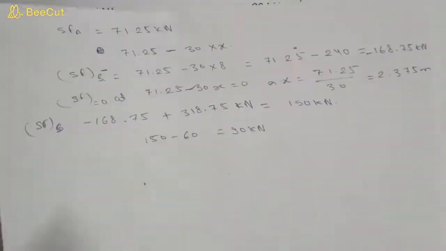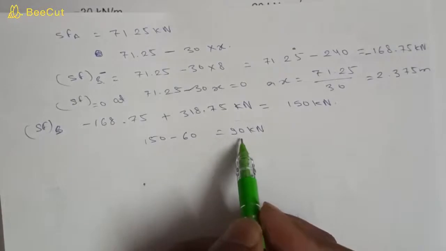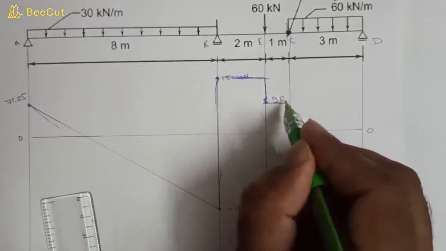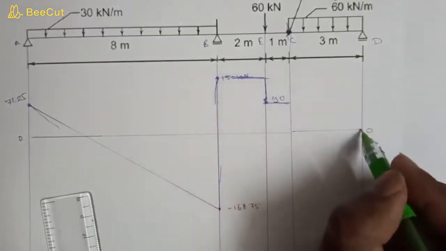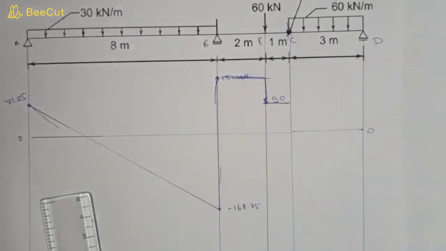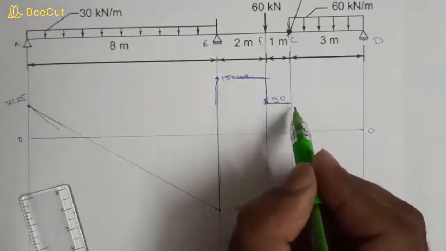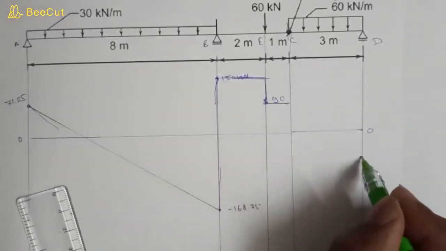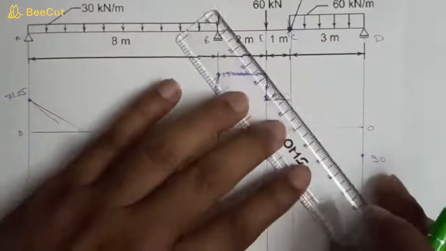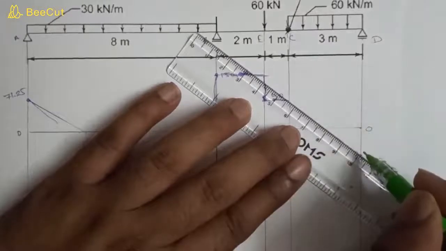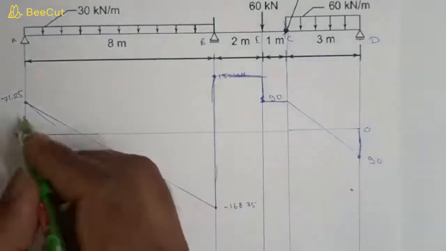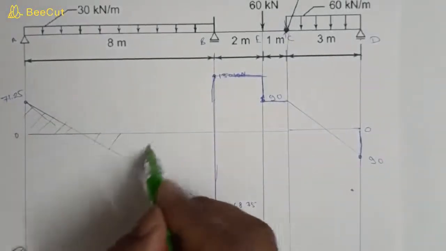We have also calculated shear force at this point is equal to 90 kilonewton. And then from here to here it is constant because there is no force. And shear force at D is 0. Sorry, it is 90 because this is 90 kilonewton. Shear force here is 90 kilonewton, and here also it is 90 kilonewton, and in between it was becoming 0, and here again it will become 0 at point D. So this is the shear force diagram for this beam.